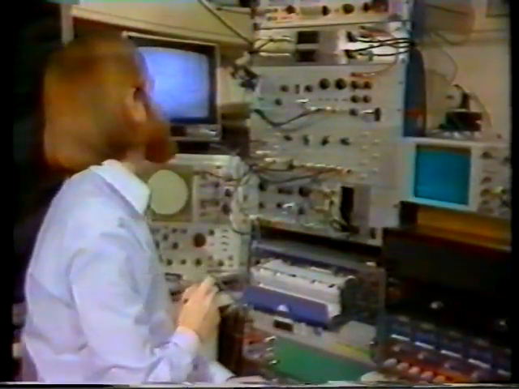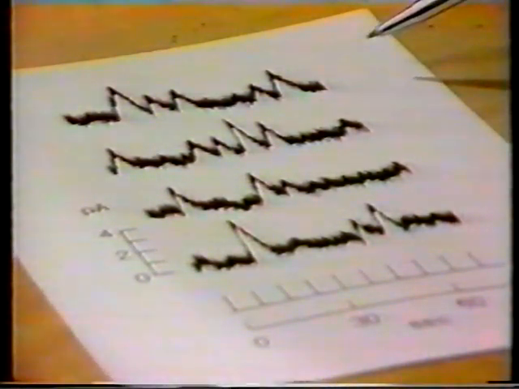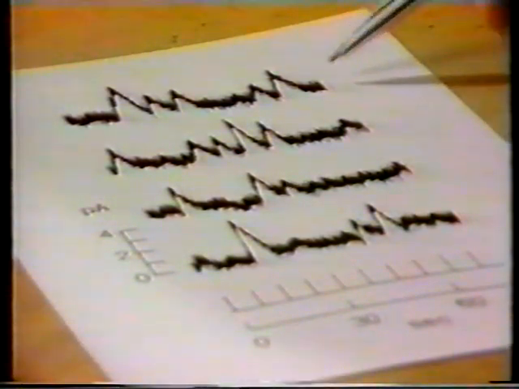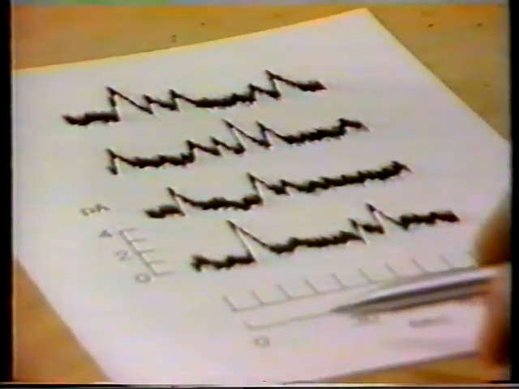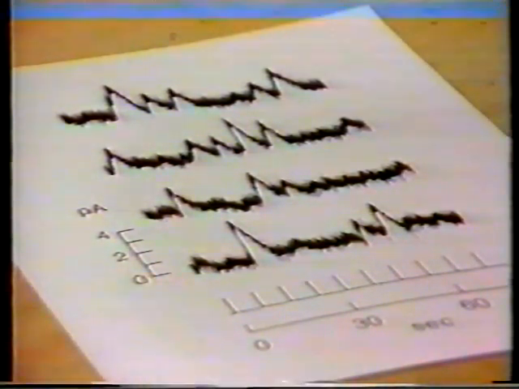The experiments with dim lights, these small responses here, show that the rod is extremely sensitive to light and can actually detect single photons, the elementary units or particles of which light is composed. This figure shows a cell's response to a long series of identical, very dim flashes, and is recorded at high amplification and on a slow time scale. And each of these 4 traces represents 10 responses to these